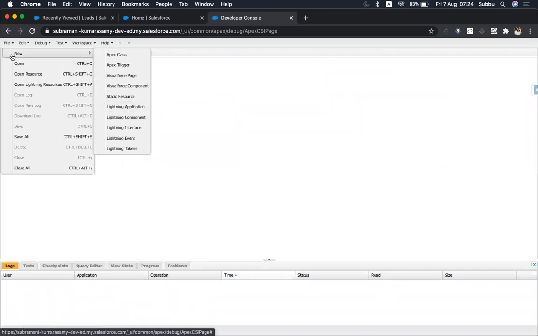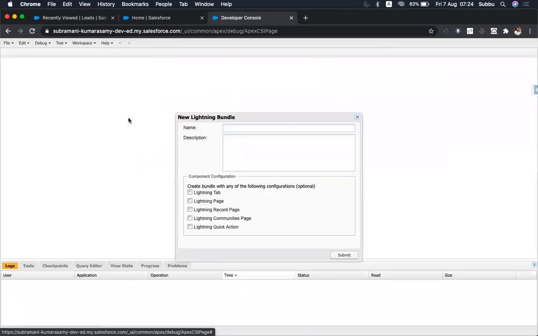Click on New and you will have an option called Lightning Component here. Click on Lightning Component, give any name. So this is the name and the description.